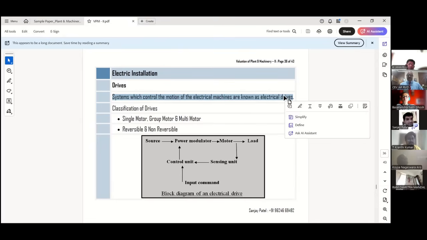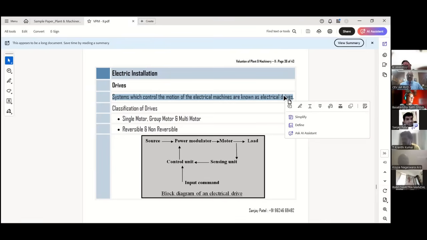VFD, थायरिस्टर रहेगा, रेगुलेटर रहेगा. VFD का मतलब क्या होता है? Variable frequency drive. Variable frequency drive. मतलब the drive operated by the frequencies, frequency modulation. Okay. Then